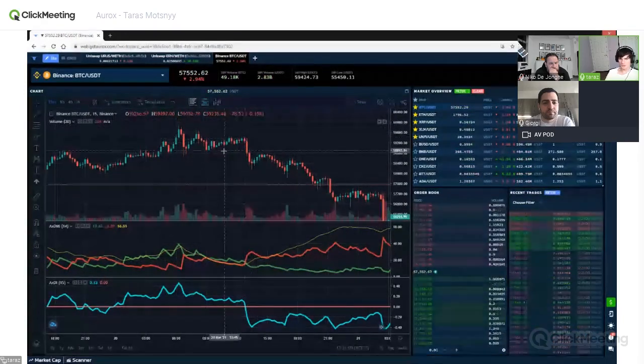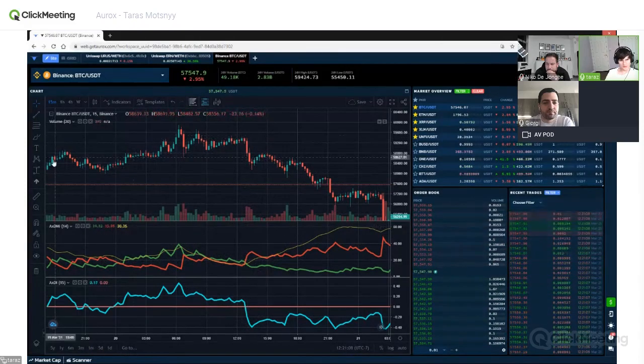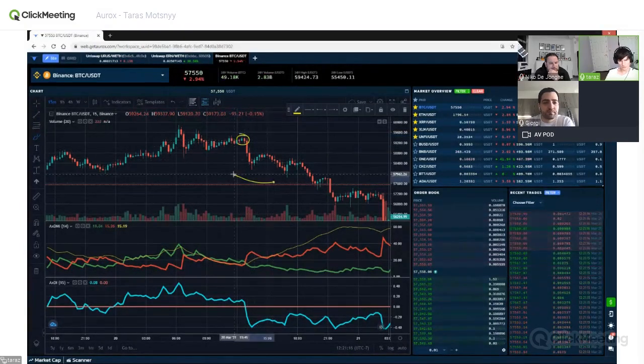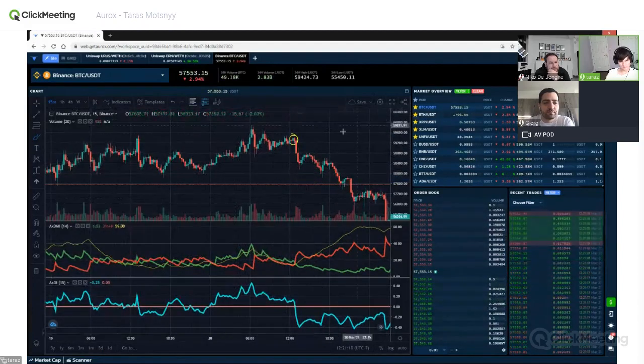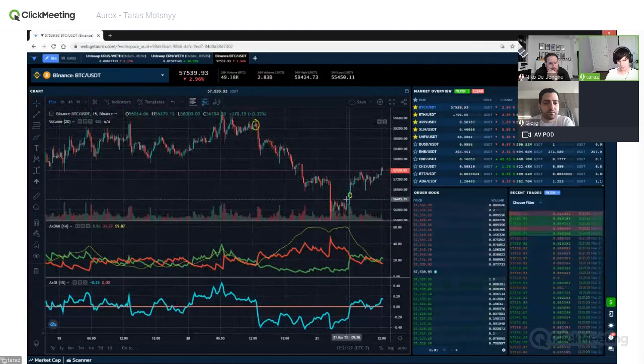And this is on the 15-minute chart. So you can day trade with the strategy. So this would be your exit point right here. You can see that right before the market started crashing, it told us to get out. So then if we go back, we caught this whole move down, and then we got our buy signal right